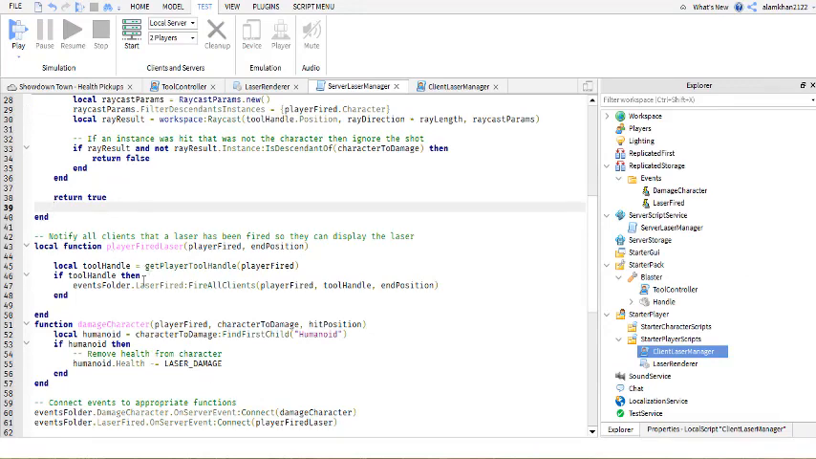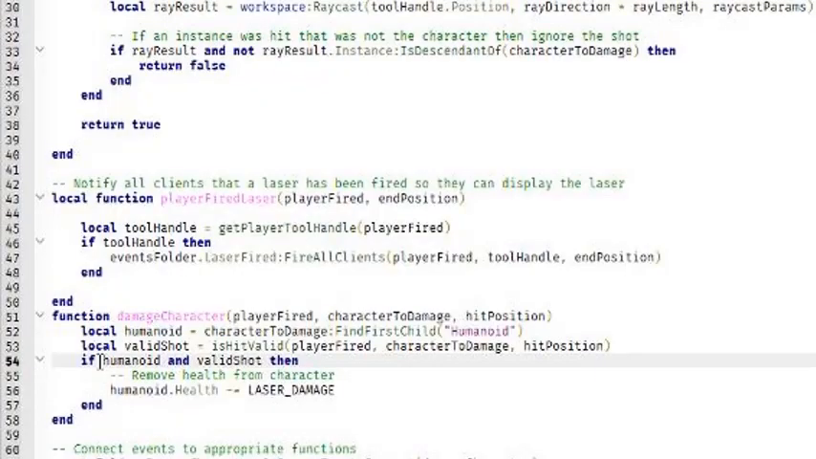Assign to it the result of a call to the isHitValid function with 3 arguments, player fired, character to damage, and hit position. In the below if statement, add an operator to check if validShot is true. Local validShot equals isHitValid, player fired, character to damage, hit position. If humanoid and validShot, then